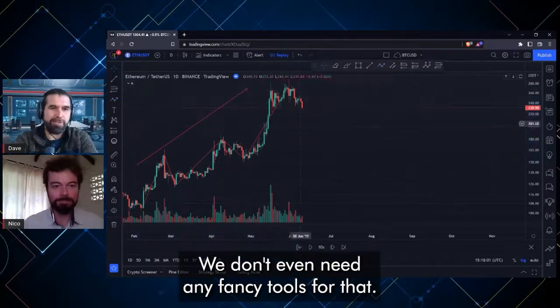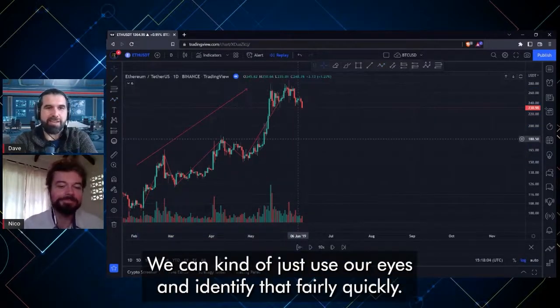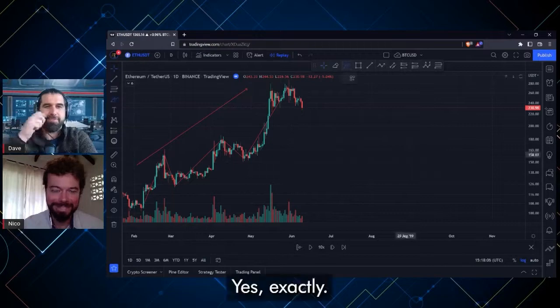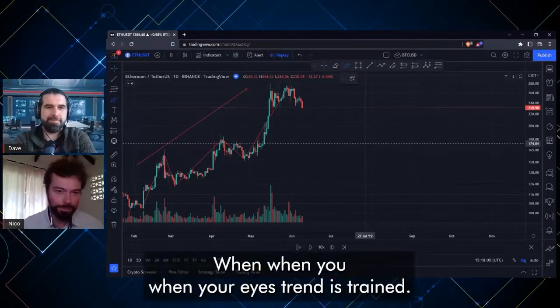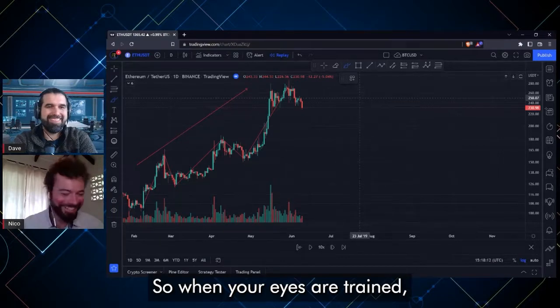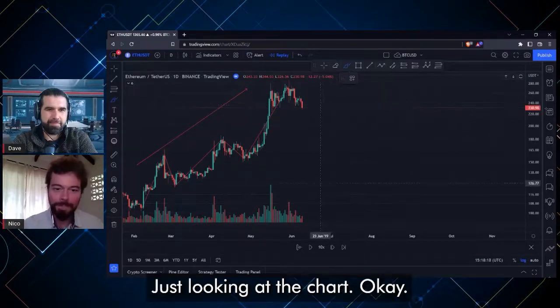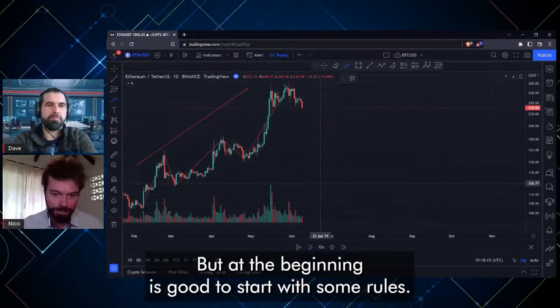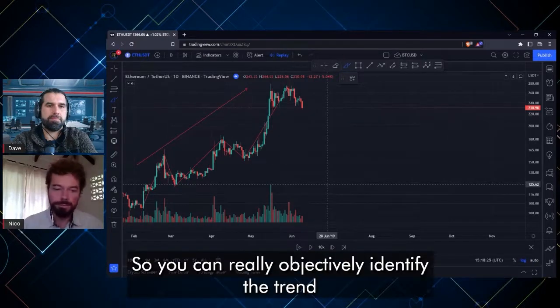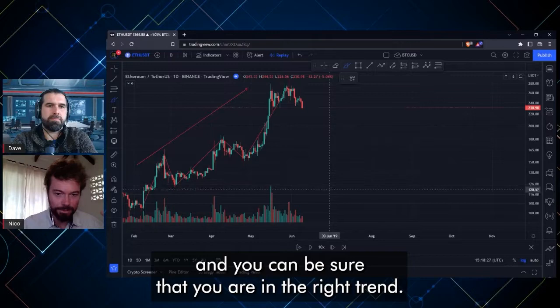We don't even need any fancy tools for that. We can just use our eyes and identify that fairly quickly. Yes, exactly. When your eye is trained, you can identify the trend very easily just looking at the chart. But at the beginning, it's good to start with some rules, so you can really objectively identify that trend, and you can be sure that you are